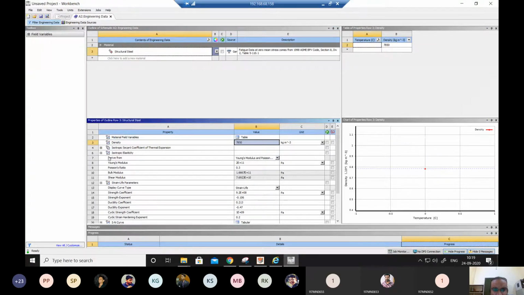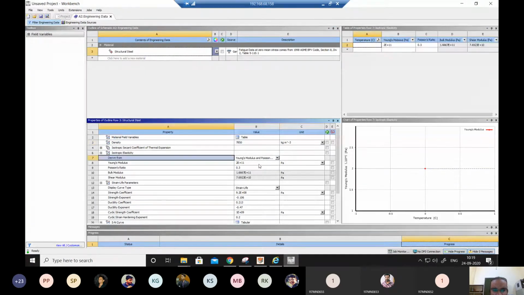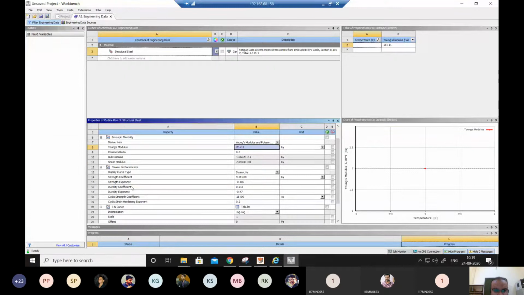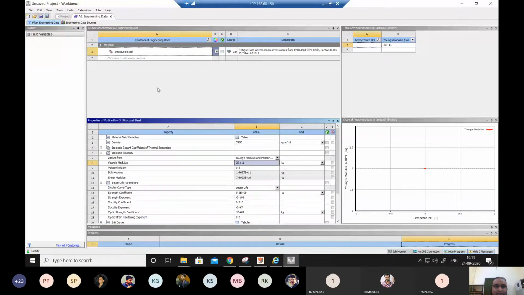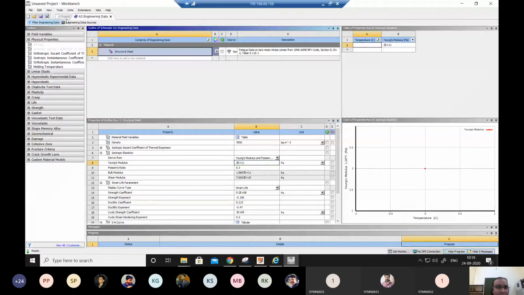There is a Young's modulus that is given, right? And Poisson's ratio is given, and other characteristics like ductility, whatever is pre-fed into that, that is already there. So many properties are already there. We can actually add many more materials as we require. There is a good library that exists in ANSYS. So all the materials have pre-fed properties.